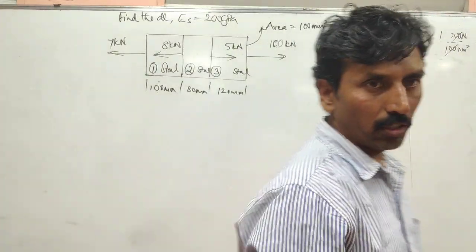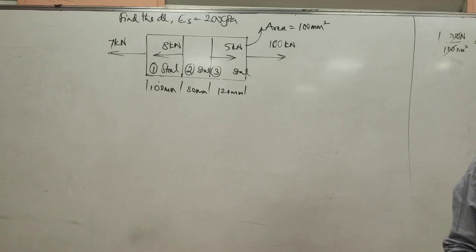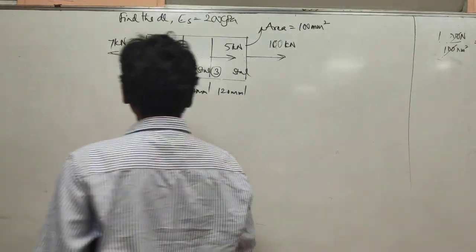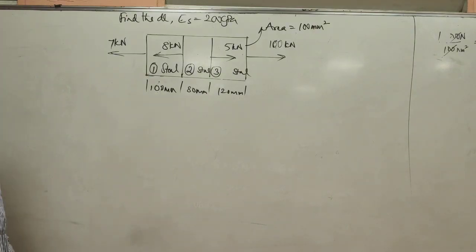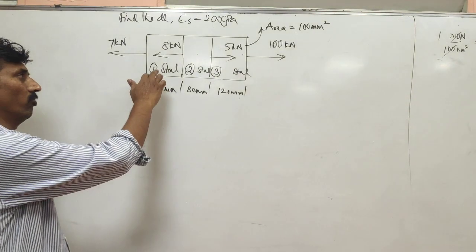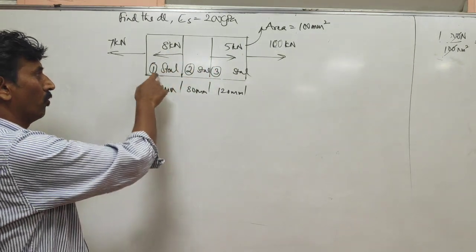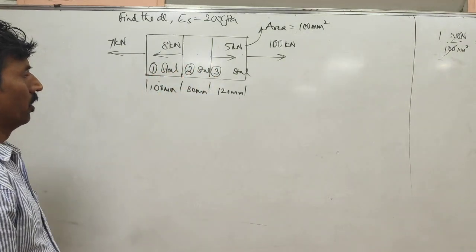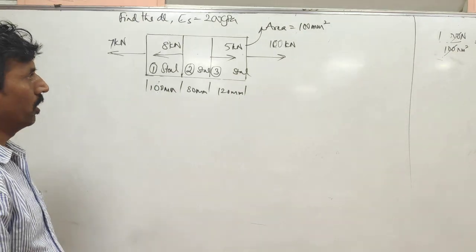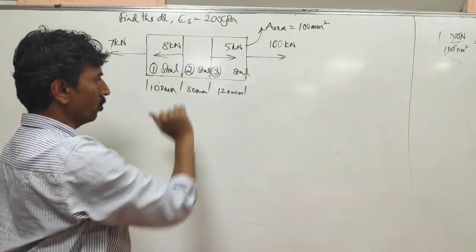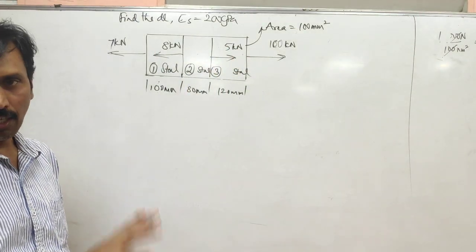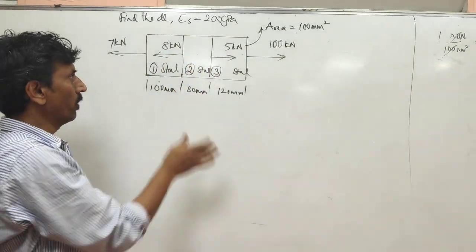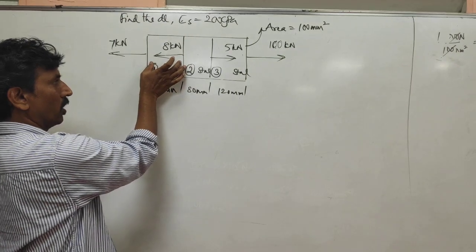Okay guys, we'll start solving this numerical which is based on the principle of superposition. So let us consider these three pieces of material which are all made up of steel only. If there was only one load acting throughout, then we would have solved it in a single equation. Since there are multiple loads acting at different sections, we have to divide this into three sections: section 1, section